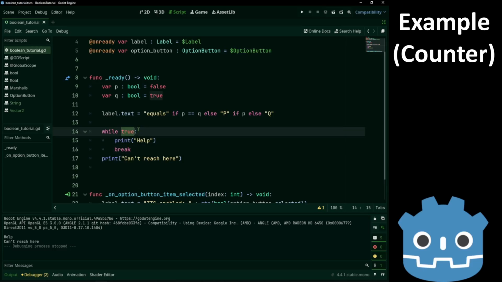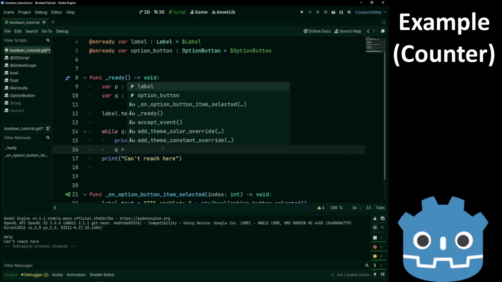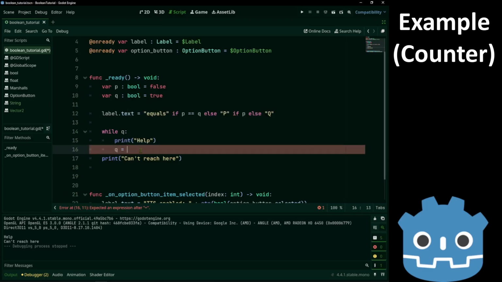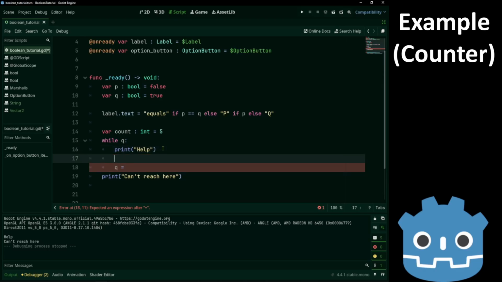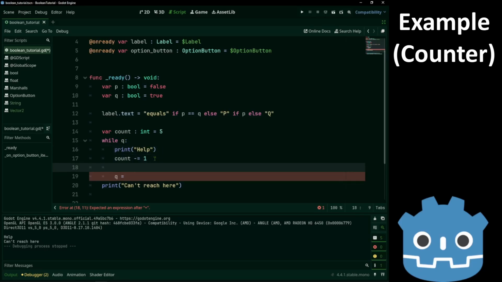Now let's replace the condition with Q and change its value in the code. I'll create a counter and I'll keep decreasing it by 1. And let's print it.